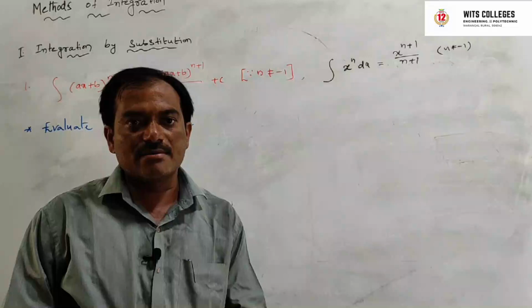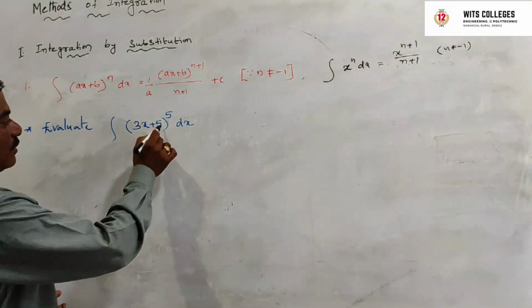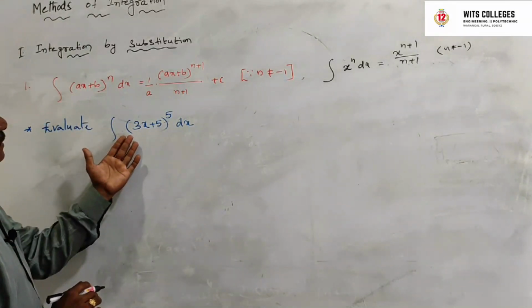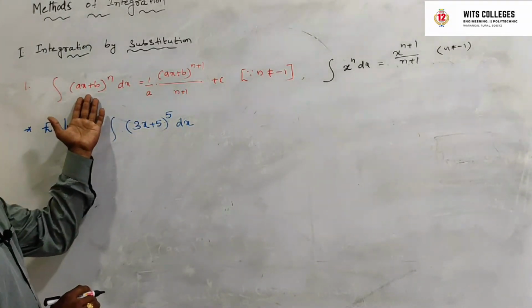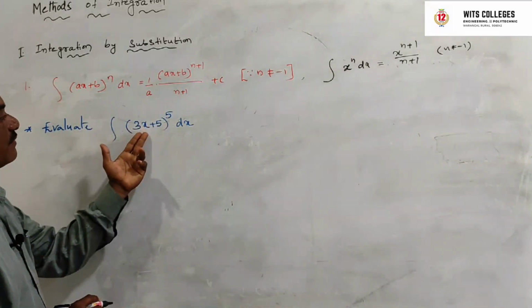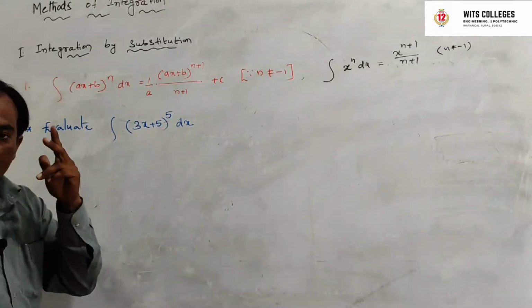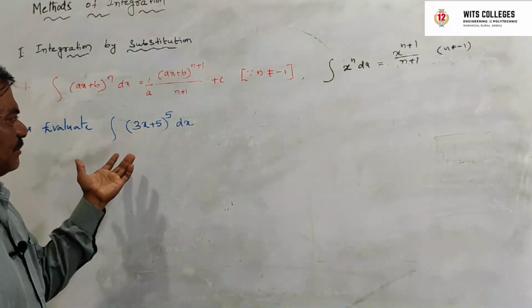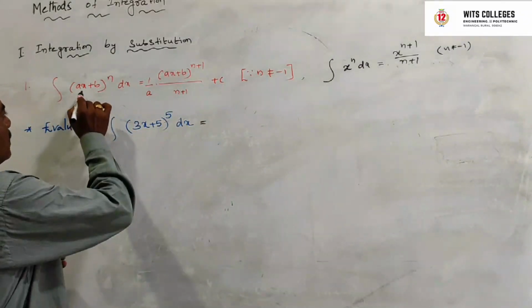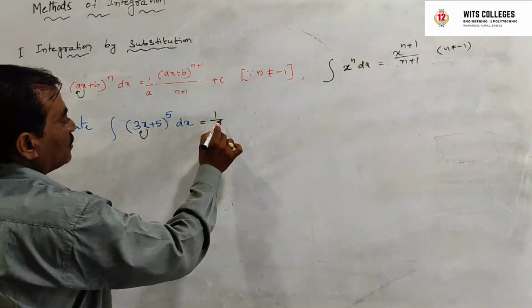Now we are taking one example. Evaluate the integral of (3x + 5)^5 dx. Compare the given integral with this standard form. This is (3x + 5)^5 dx, which is of the form (ax + b)^5 dx. We have two methods. One is the direct method. We have to write this value equal to, what is a here? The x coefficient is called a. So a is 3, so 1 by 3,